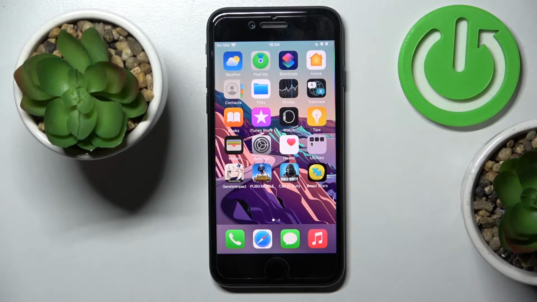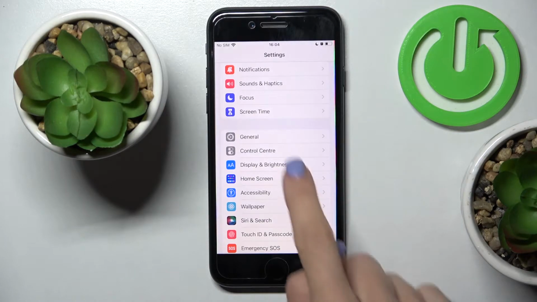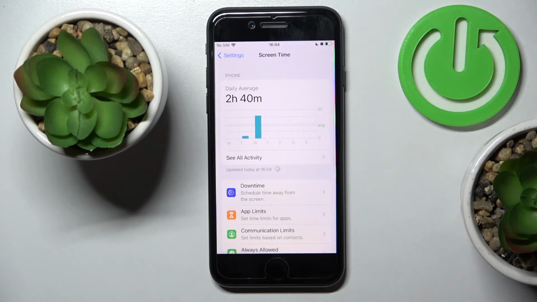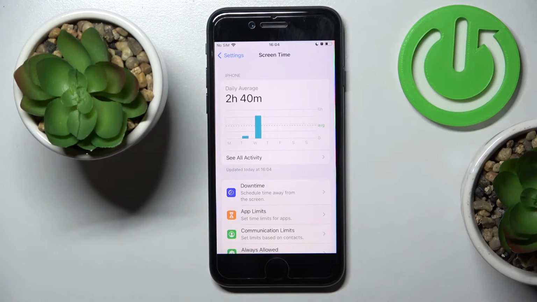In front of me is an iPhone SE from 2022, and let me show you how to detect total screen time on your phone. So at first, reach Settings, then locate and click on Screen Time, and right in front of you, you've got the statistics, so you can smoothly check it right like this, or you can gain some further